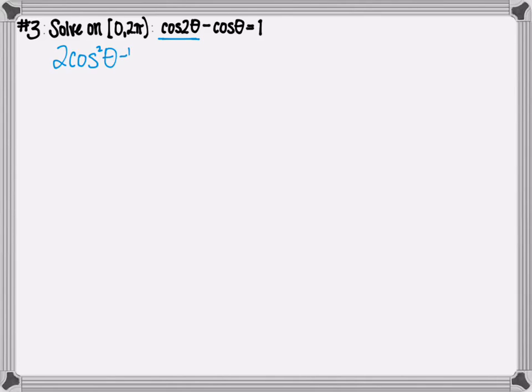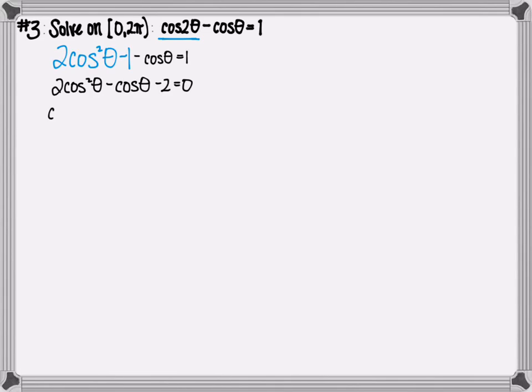So I'm going to write out our double angle identity that uses a cosine. Notice we only have just cosine in the function, so we might as well use 2 cosine squared minus 1, and I'll keep going writing out the rest of it. So I'm just going to rearrange things, simplify. Move everything to one side, so I have 2 cosine squared minus cosine minus 2 equals 0, and now,